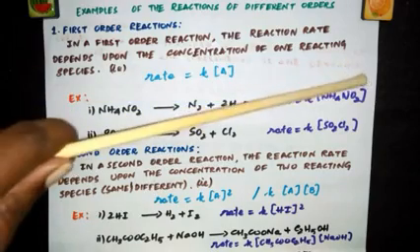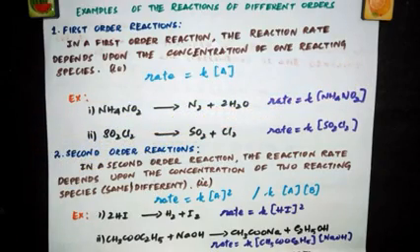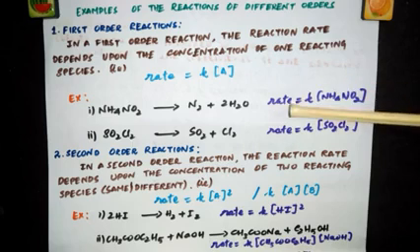So now look at this power, you have 1. So order is equal to 1. Same way here, power 1. So order is equal to 1. Just now we have seen what is the order of a reaction: sum of the coefficients or powers of the reacting species that are involved in the rate equation. So what is the power involved in this rate equation? Just 1. So the order is 1. So again, how can you define order? First order reaction: the reaction rate of the reaction depends upon the concentration of one reacting species. Then we call such reactions as first order reactions.